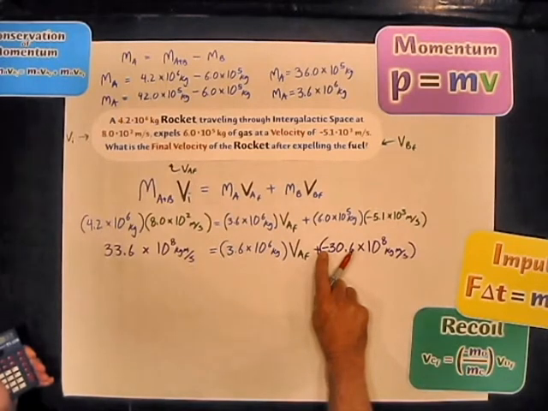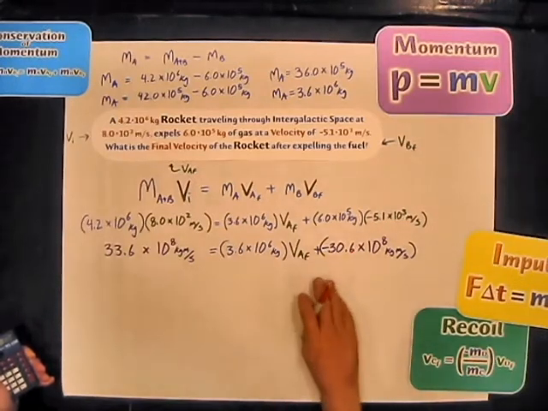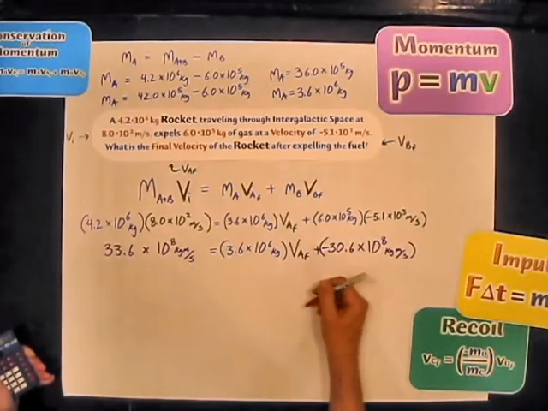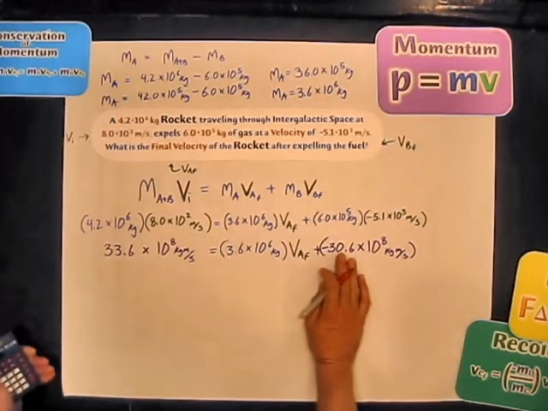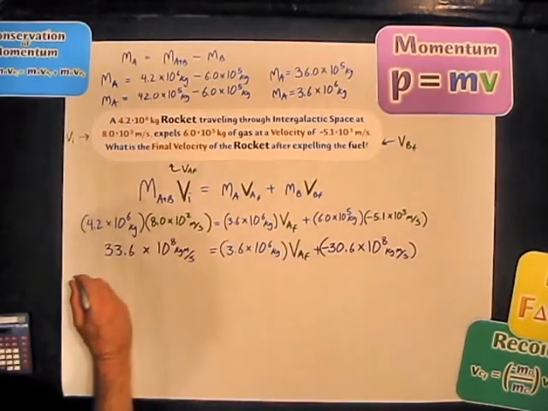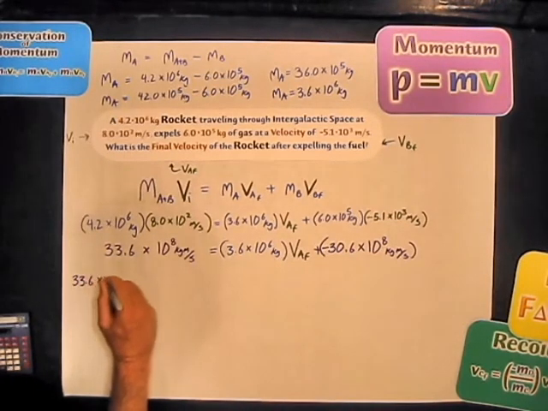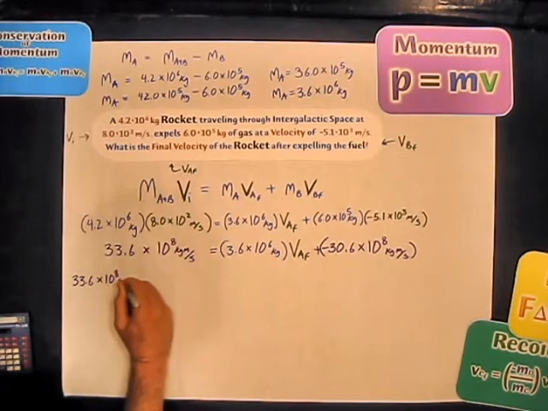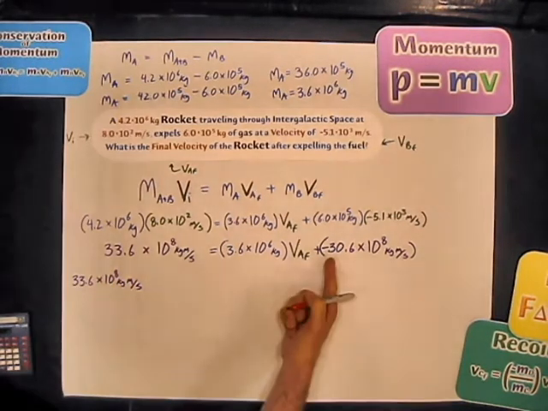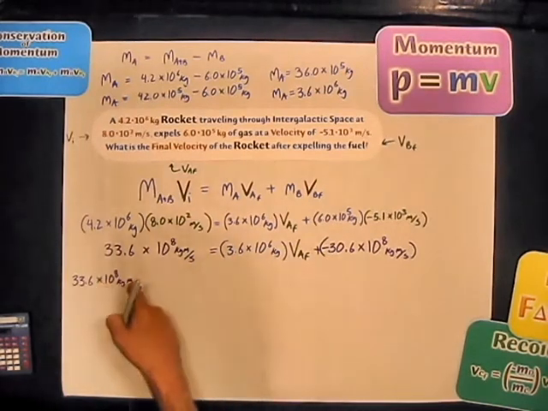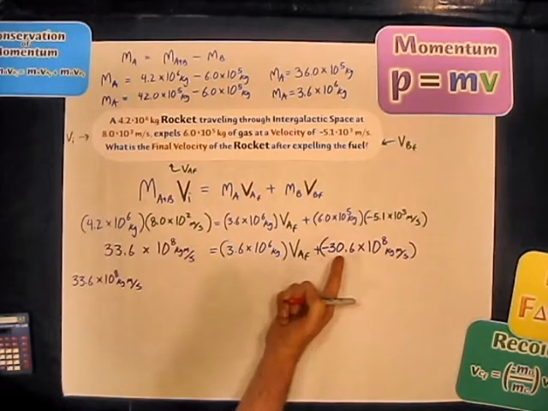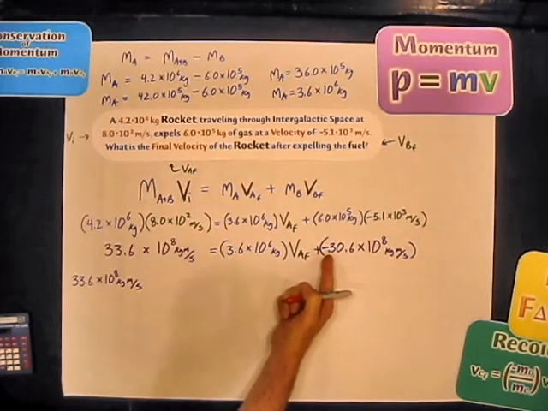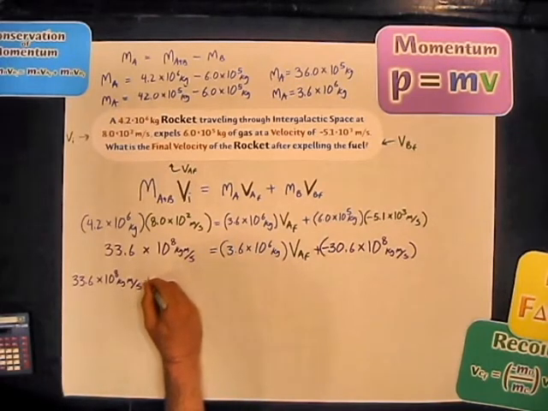So in order to get rid of that, I actually need to add it in. It seems weird because it's a negative number. So what I would do is add that to both sides. Let me see, where can I write that? Okay, I'll just do it very clearly. I'll write 33.6 times 10 to the 8th kilogram meters per second. So it's going to be plus, because think about what we're doing. We've got a negative number, so we have to add it to both sides to get rid of that, right? So it's plus